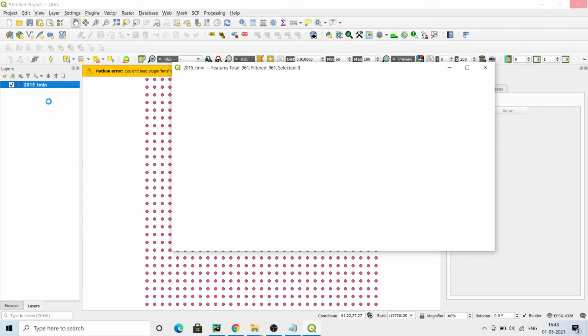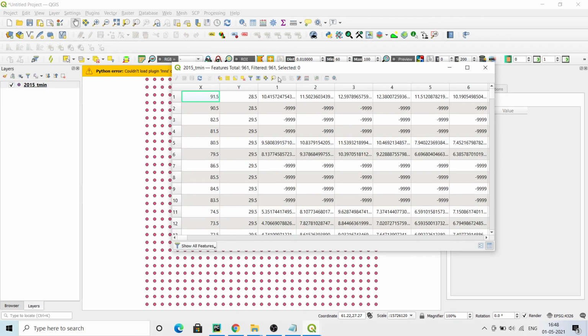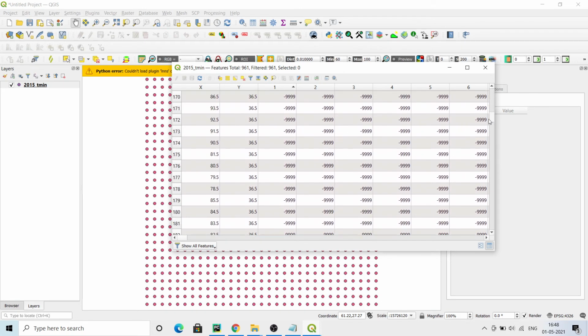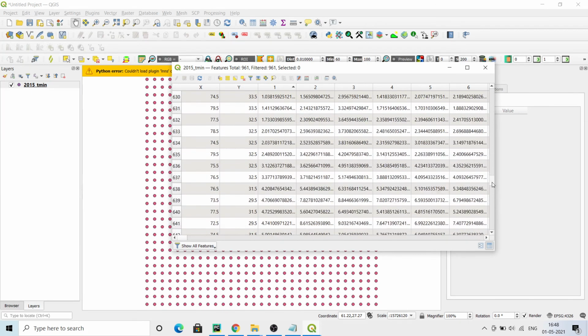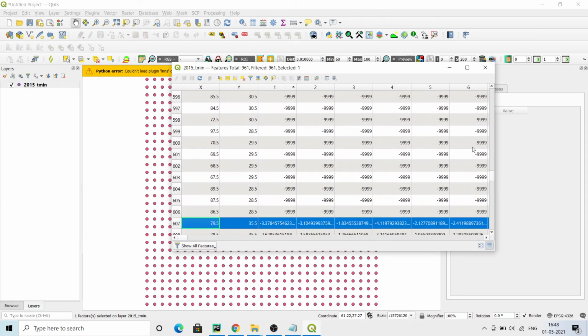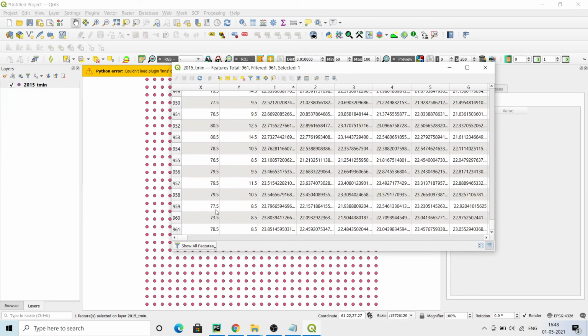So you can directly export to the shapefile like here. After that, you can sort like this. Yes, so you can select here up to here.